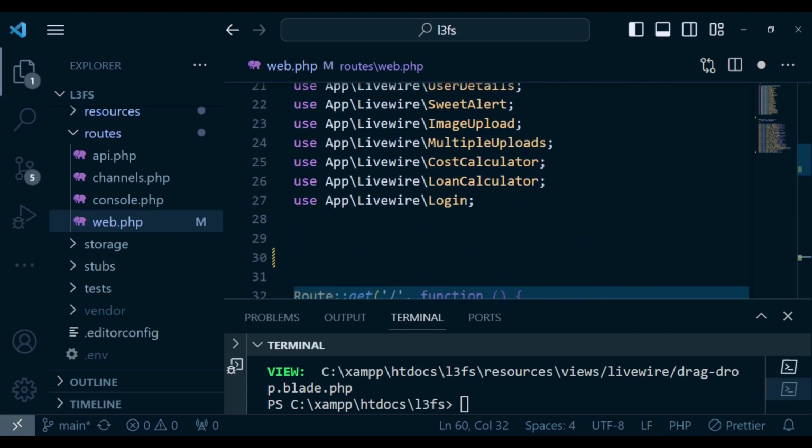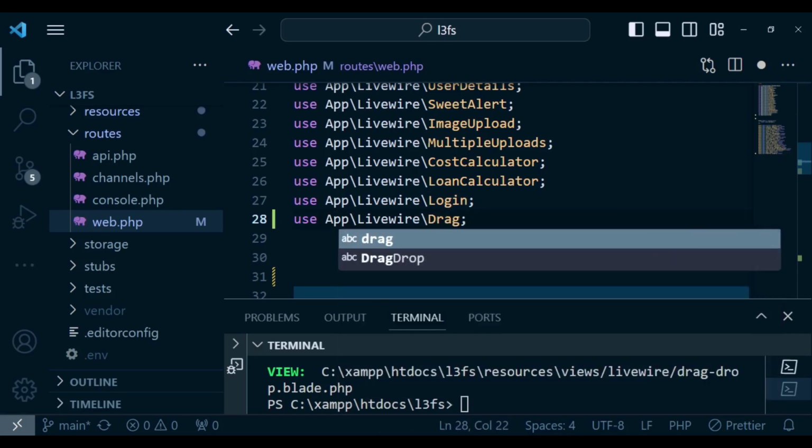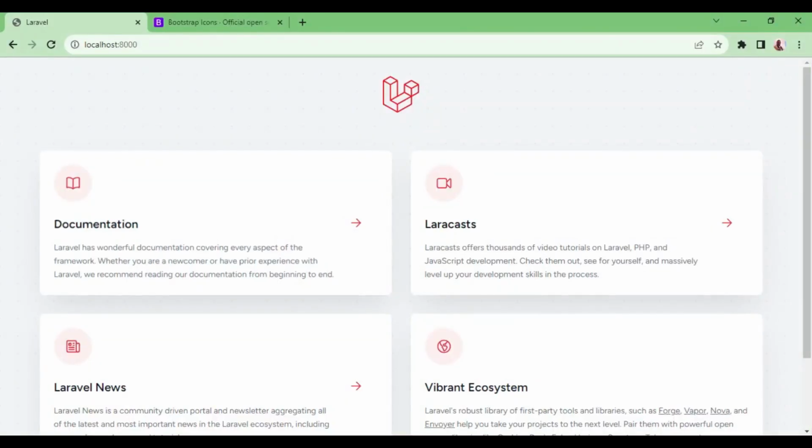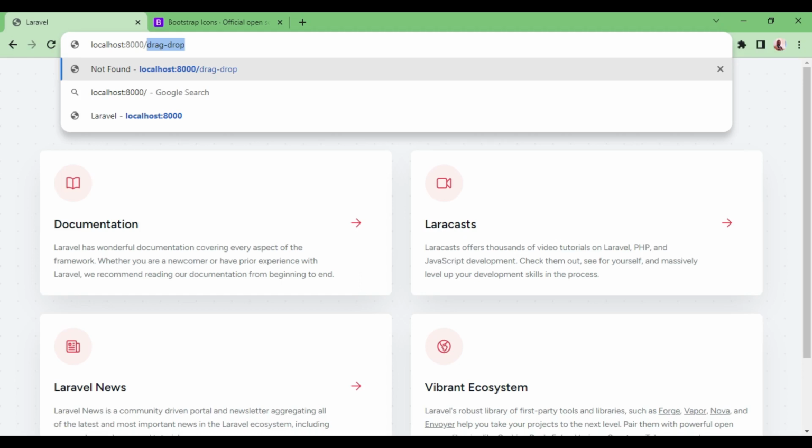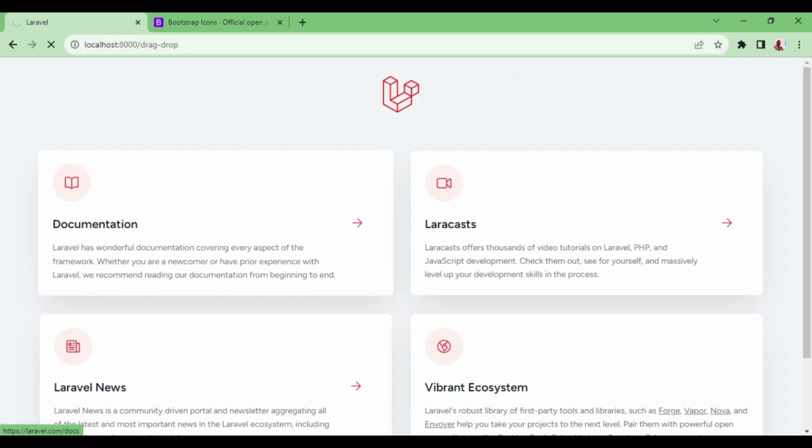Then of course above here we will use Livewire and then DragDrop. After that, we can visit our component here by just having /drag-drop and then see